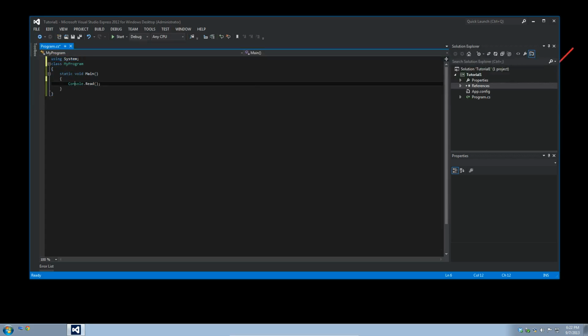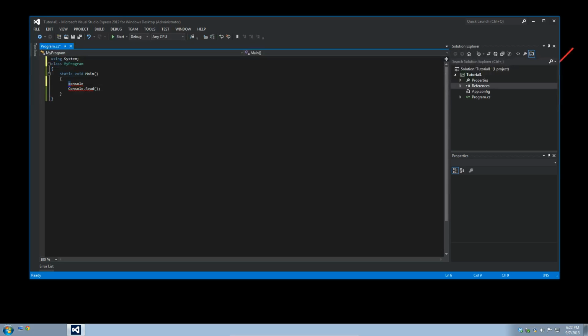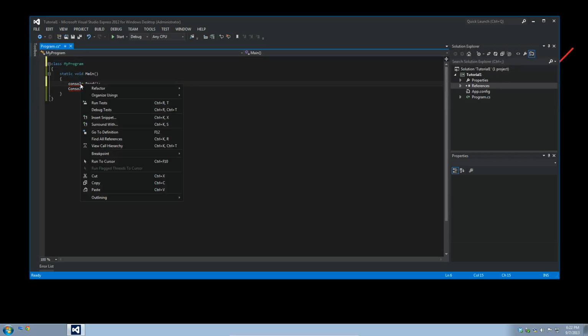If you're not using something that's absolutely correct, meaning if I type in console with a lowercase c and everything lowercase, and I type in dot read like that, it will not work. So if I get rid of this and right click on this, I don't get the option of clicking resolve and then using System,